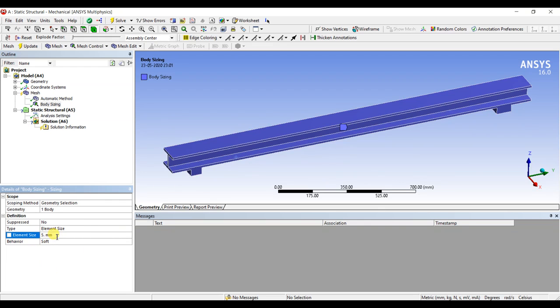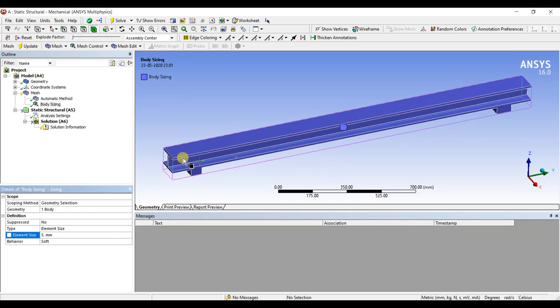I want to clear something: if your mesh size is smaller, then the results are quite good. So try to make the mesh size as small as you can, because it will produce not only good results, but also your simulation skills will improve.